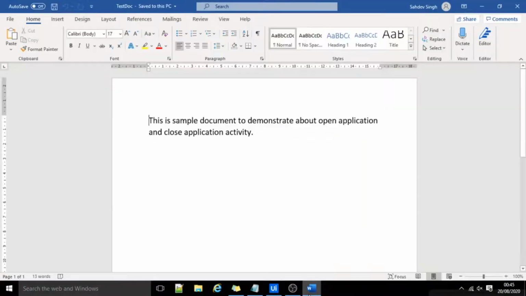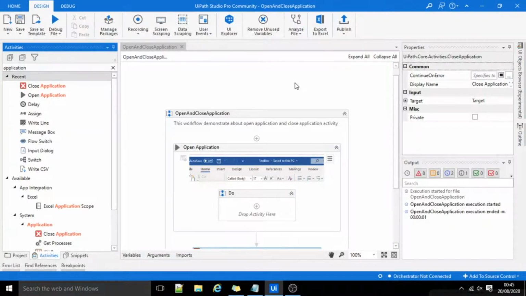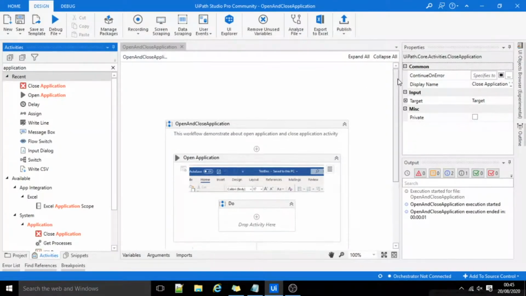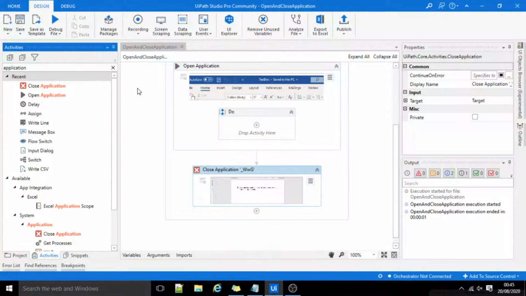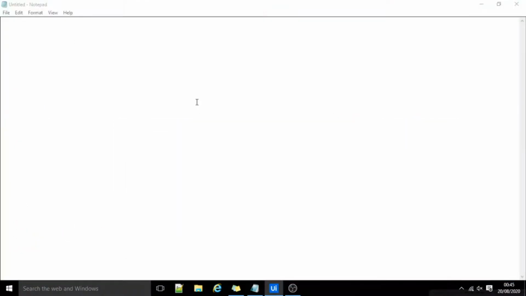Now I'll close my Word file. I'll execute this. Opening the Word document and closed. We have noticed this,